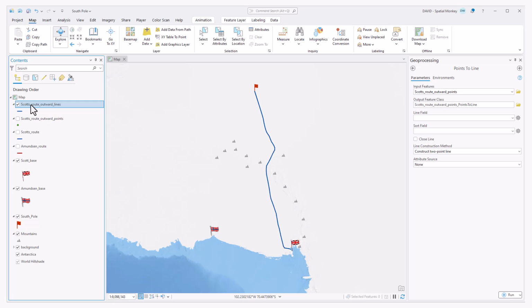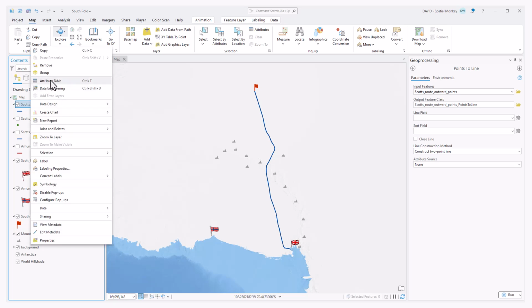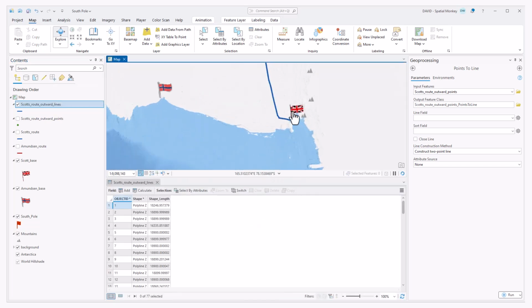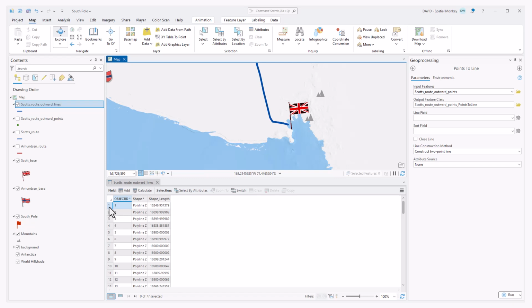Except this time it's not one line, it is split into many lines. And we can see that if we open the attribute table. So if we go to the bottom of the line and we highlight the first row, we can see that we've got a short line, and then the next is another short line, and so on. So it's all been split into just very small lines, 18.9 kilometers,